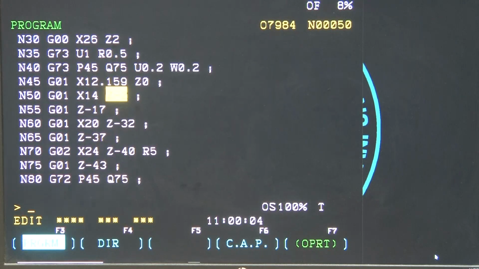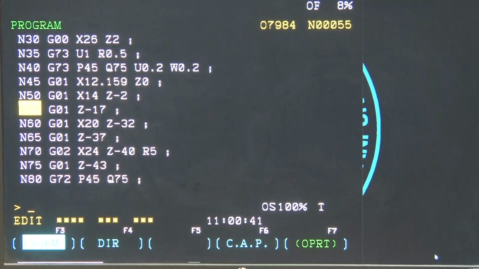For example, in previous position it was N45 and the coordinate was 12.159 X. So, now it is changed to 14, all right. In the N50, that coordinate in the X direction, X is perpendicular movement of the tool perpendicular to the workpiece axis, and the Z is minus 2. So, it has a direction plus or minus depending on whether the tool is moving to the right side or to the left side, and Z is the movement along the axis of the workpiece in case of turning, all right.